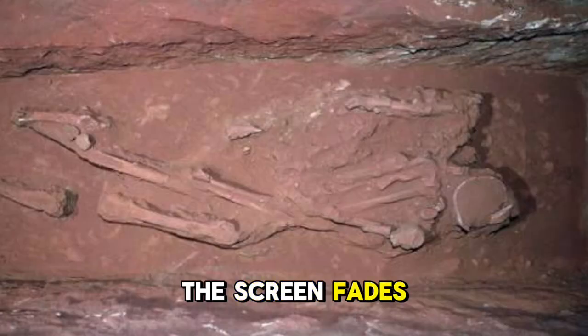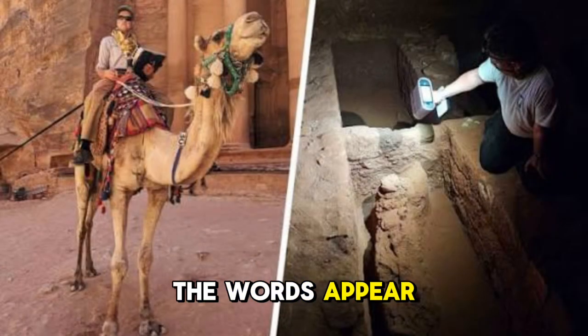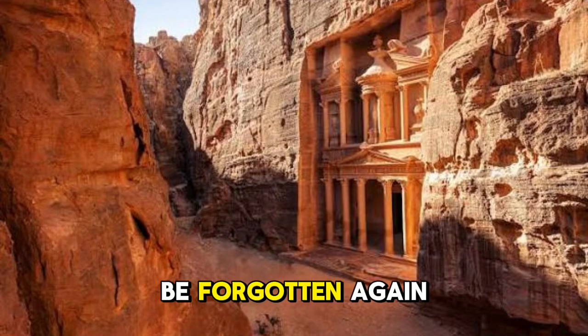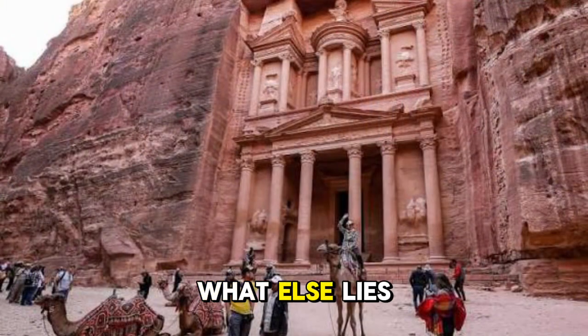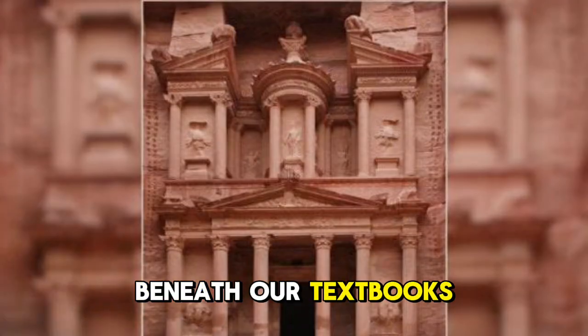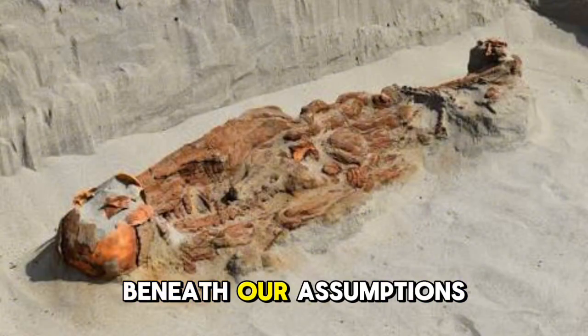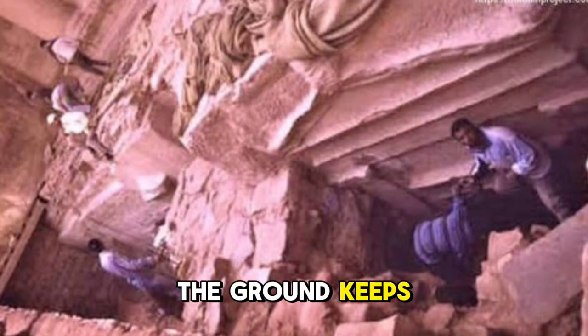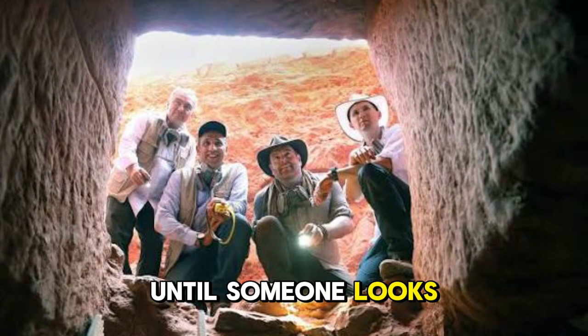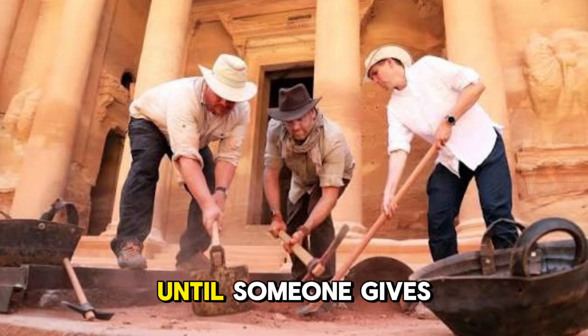The screen fades to black. The words appear. For the 12 beneath the treasury, may you never be forgotten again. What else lies beneath our cities? What else hides beneath our textbooks? What else waits beneath our assumptions? The ground keeps its secrets until someone cares enough to ask, until someone looks beneath the monuments, until someone gives